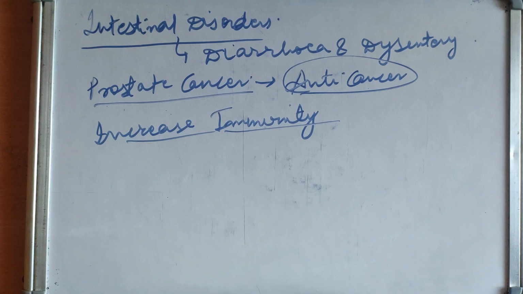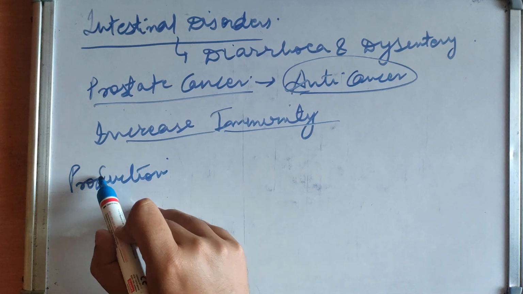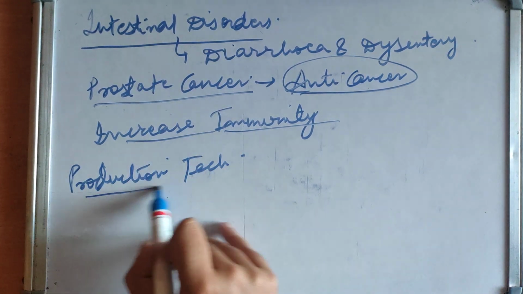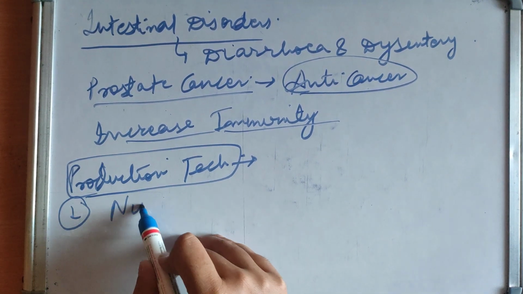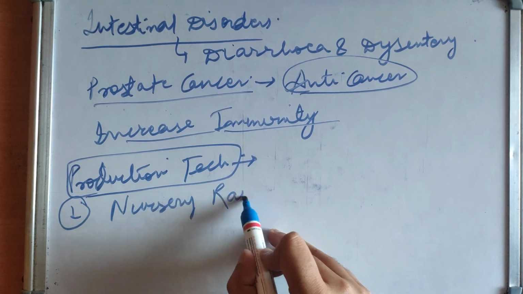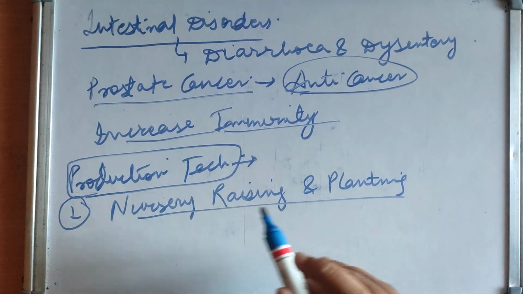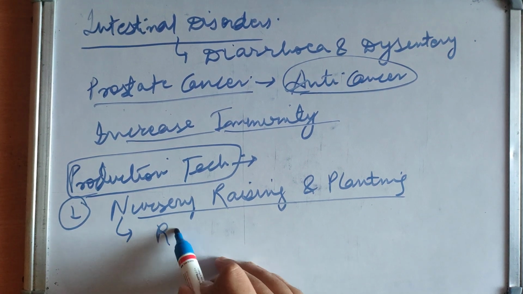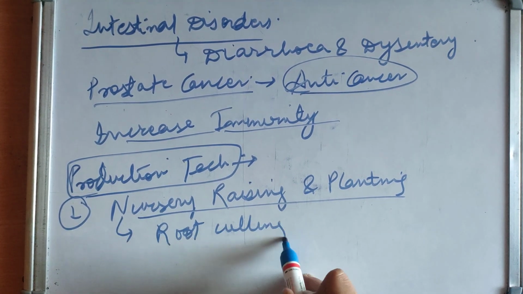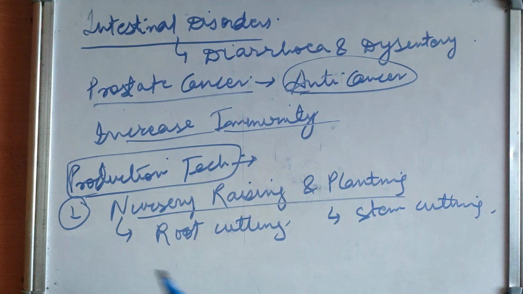Now we will move into the production technology of Sarpagandha. First one is nursery raising and planting. We can raise the nursery and plant it through root cutting, through stem cutting, through root stumps,